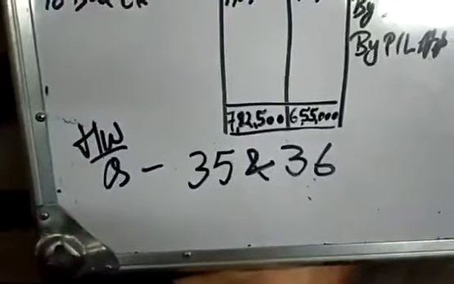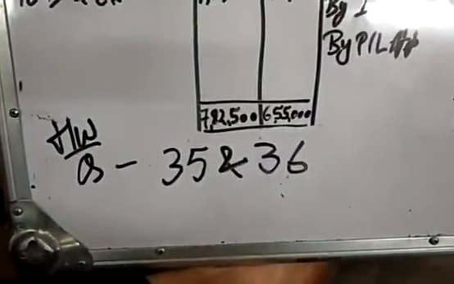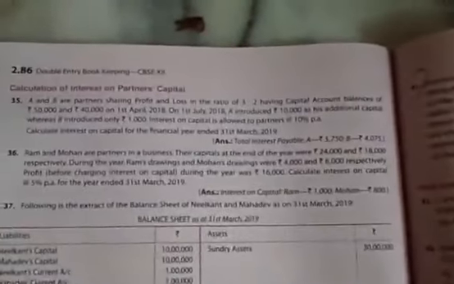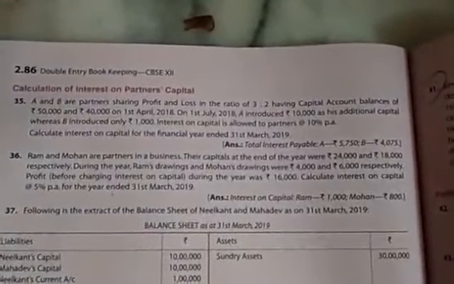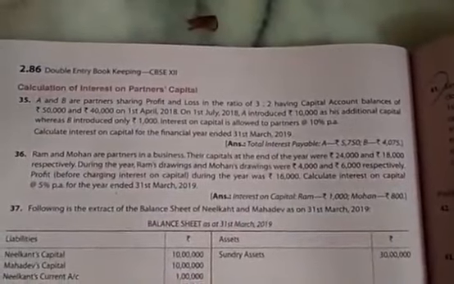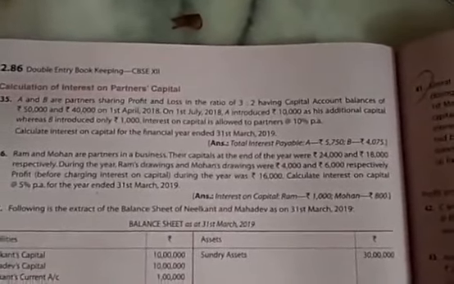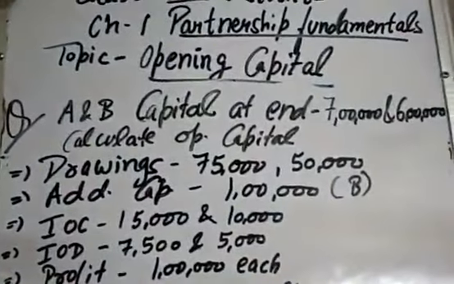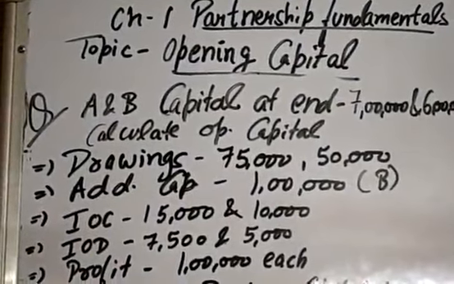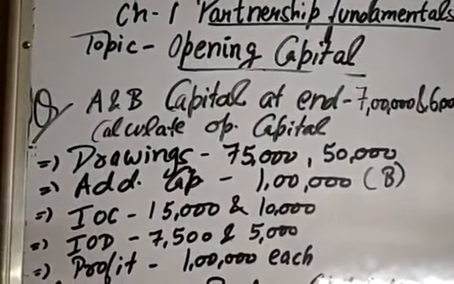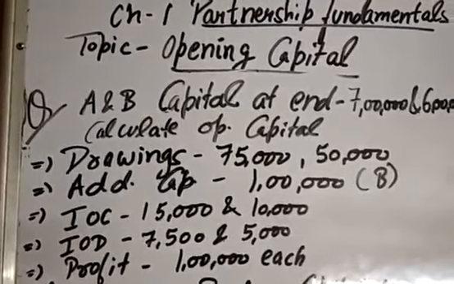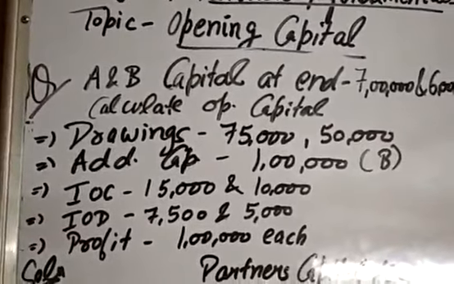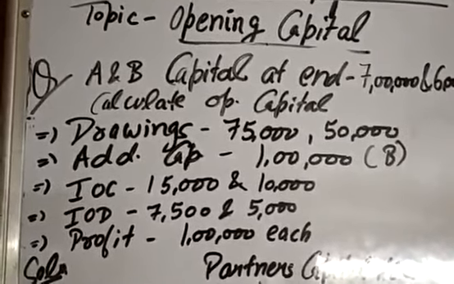Okay, students? Your homework for today is question number 35 and 36. A and B are partners, and Ram and Mohan are partners in the business. These two questions are your homework for today. And students, I hope you are doing all the questions in your notebooks. Soon I will call you for correction of your notebook, so be ready and be updated with your work. And we are going to conduct a test soon, so please be ready with the content I have already explained.